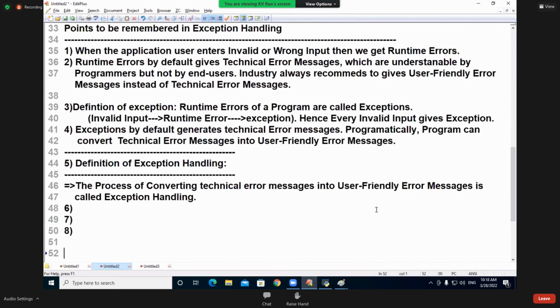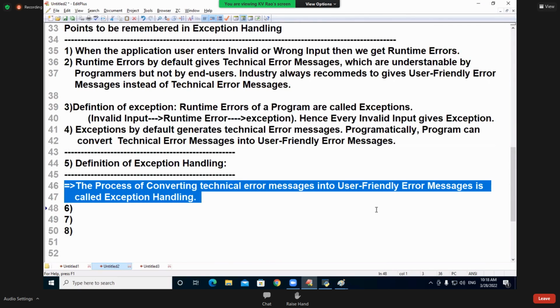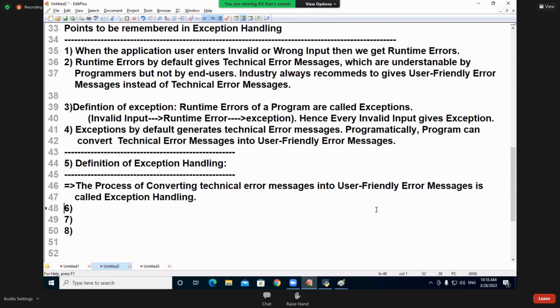Now, coming back to the point. The process of converting technical error messages into user-friendly error messages is called what? Exception handling. Morning, one student told me, my new batch started. Third day, I crossed 470 students.